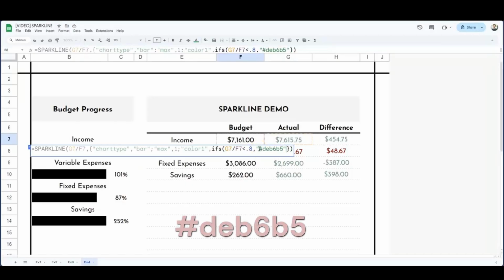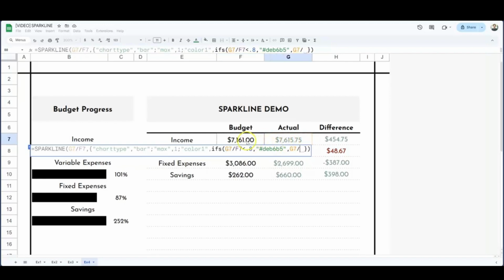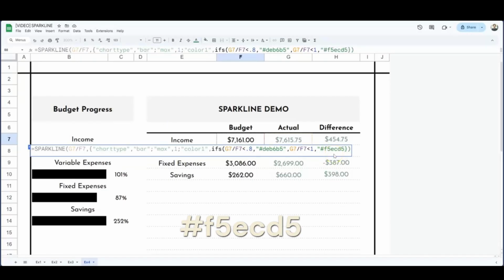We'll do another comma. So the next thing we'll do is if it's less than 1, or less than 100% of the amount we budgeted for income, we're going to set it to yellow. So if our actual divided by our budgeted amount is less than 1, comma, and then I'm going to enter in another hex code for yellow,